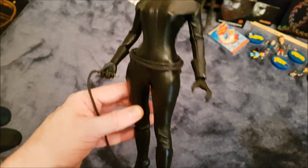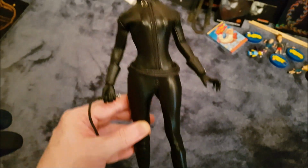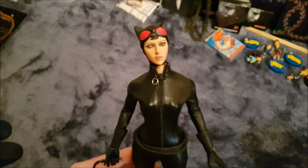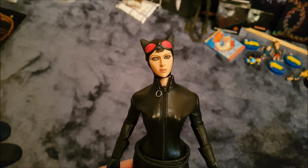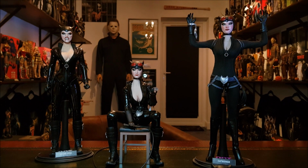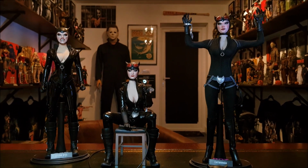The review did really well on that one, so check it out. Completely different boots, but she didn't make it into the top 10, but that was a really nice Catwoman figure there. It's just the head sculpt is by Cumec. Very, very nice. Okay, at number 1, of course, I've gone with my heavily customized and kit bashed and completely